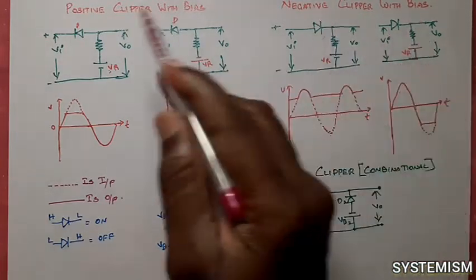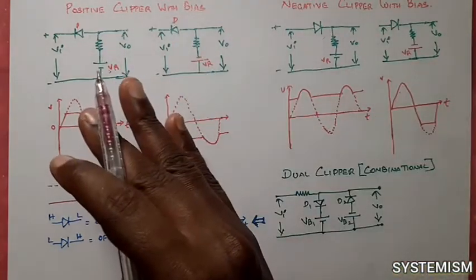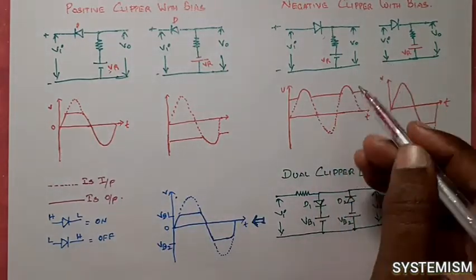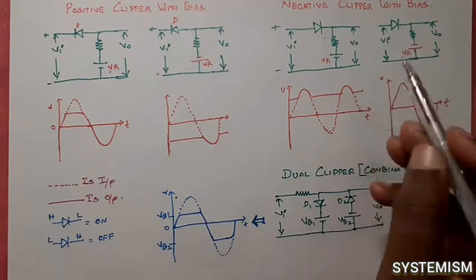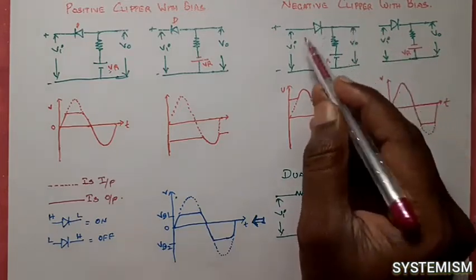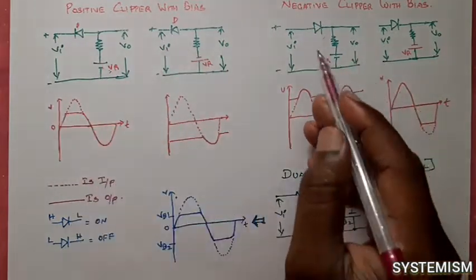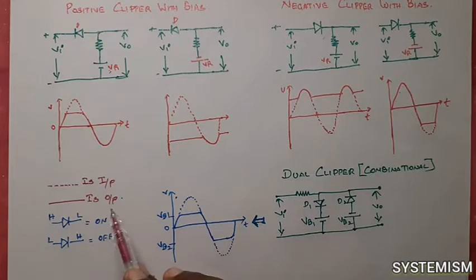Here also we have given a positive voltage source and a negative voltage source. This is the negative clipper and the positive clipper. We already know the normal negative clipper and the normal positive clipper. Now from this circuit we will learn what a biased clipper is. Let me explain this circuit, then you can understand all the circuits on your own. See, again I am saying this concept is very important: if this side is high and this side is low, the diode is on; if this side is low and this side is high, the diode is off.